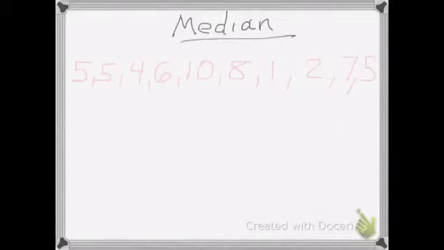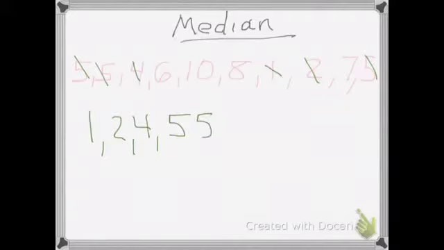Now, looking for the median is a little bit different. When you're trying to find the median, you're looking at all the data that you collected. And what you want to do first is put all that information in order. So you'll take all those numbers, such as the 1, then the 2, no 3s, I do have a 4, I now have 1, 2, 3, 4, I have 3 5s,